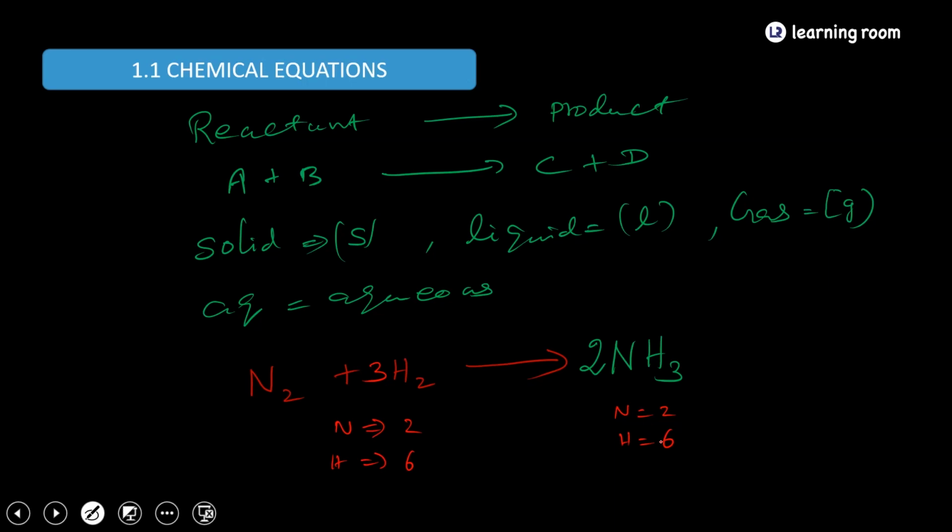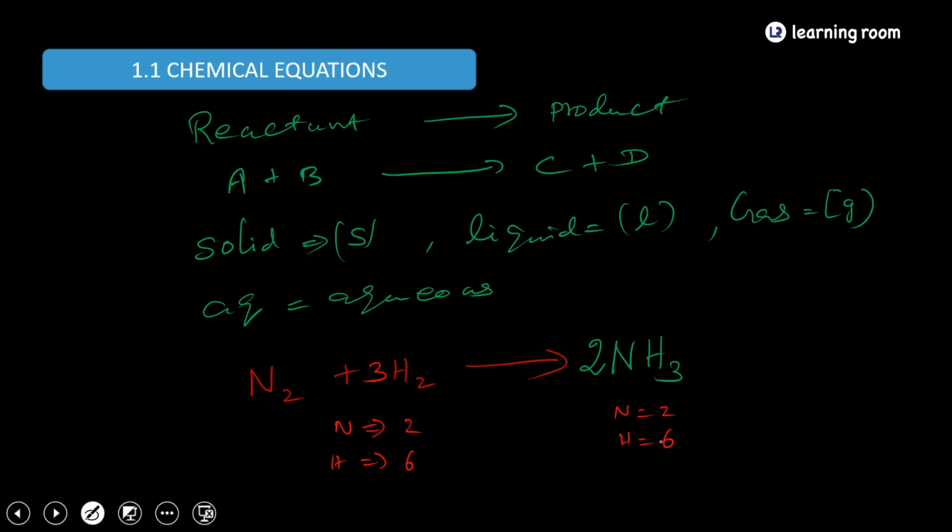Okay, so when we are writing the chemical equation, these are the things we have to keep in mind. First, the reactant should appear on the left hand side and the product on the right hand side. If you have more than one, you have to put plus between the reactants, and plus between the products. You differentiate reactant and product by means of a single headed arrow. Instead of a single headed arrow, you can also put an equal mark. It means it gives this. How can we pronounce this? Gives. Okay, single headed arrow. If you put a double headed arrow, that means reversible. Okay.